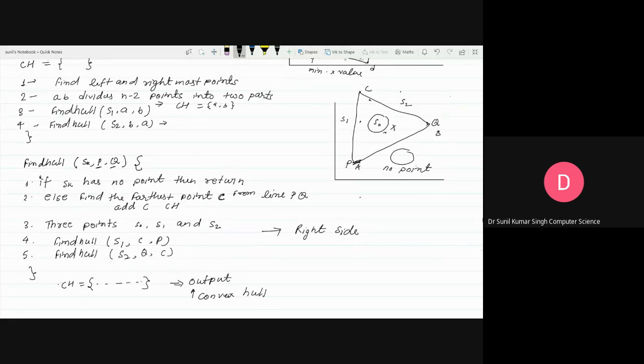And of course, it is based on the division concept. So if we are assuming that every time we divide the points in equal halves, half of the points on the left side and half on the right side, then we can write the recurrence relation for it as T(n) = 2T(n/2) + O(n). This is the dividing cost. So in this case, time complexity will be order of n log n.